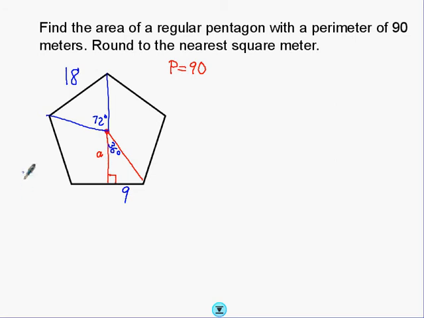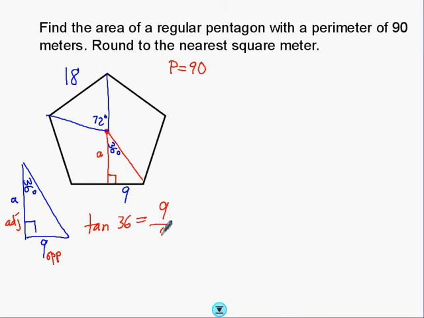So I'm going to redraw this triangle. This angle is 36 degrees. It's a right triangle. This is 9, and this is A for apothem. It's time to use trig, the opposite side and the adjacent side. I hope you know that means I need to use tangent. The tangent of 36 degrees is equal to the opposite side over the adjacent side. Multiply by A, divide by tangent 36. A is 9 over the tangent of 36, which is approximately,